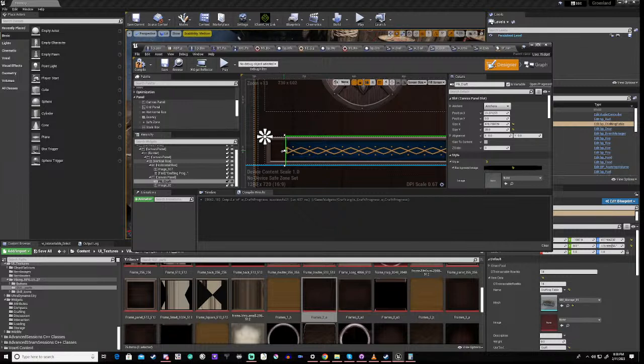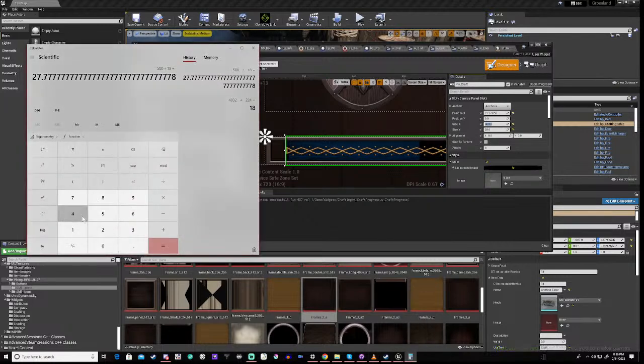So in actual fact, if we change this to 400, right, and we bring up our calculator again, well,